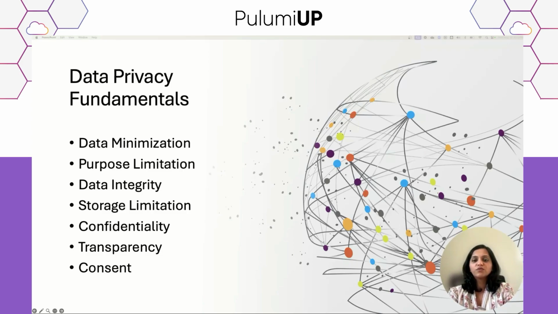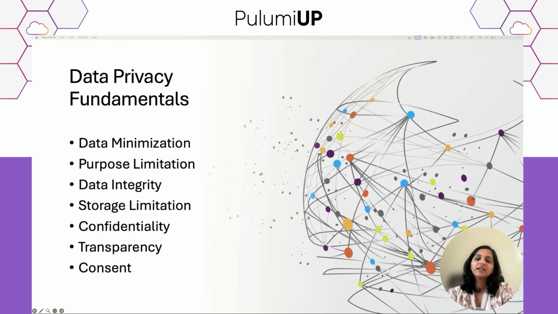These principles form the bedrock of responsible data handling. However, applying them to LLMs isn't always straightforward. For example, how do you ensure purpose limitation when an LLM can be applied to a wide range of tasks? Or how do you implement the right to be forgotten when data has been used to train a model?